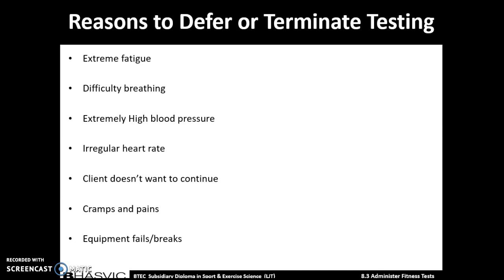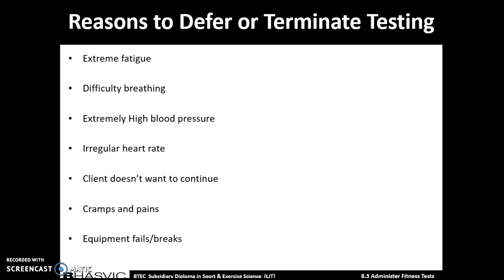Extremely high blood pressure. Once your blood pressure reaches a certain level, it becomes dangerous to the person. So if the exercise is making this worse, then with exercise, high blood pressure will rise. So if someone's got a high blood pressure at the start, it will still rise higher, and therefore it can be really dangerous during exercise. Irregular heart rate. So if you're testing someone with a heart rate monitor and you can see that they've got an irregular heart rate, it can mean there are problems within the heart while exercising, and it could mean